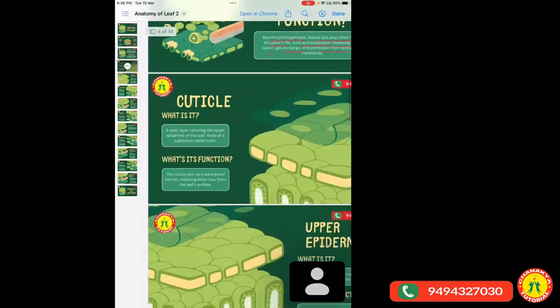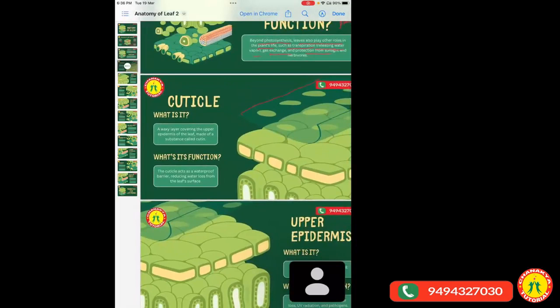Now coming to the very important part, this layer or the covering, the upper one you can say, it's called a cuticle. This is a one mark question: the function of the cuticle, or to label the cuticle where it is present. So what is it? Cuticle is a waxy layer covering. Waxy means kind of wax. So it is a waxy covering on the upper epidermis of the leaf, and it is made up of a substance called